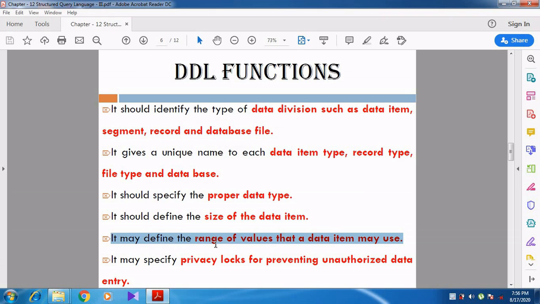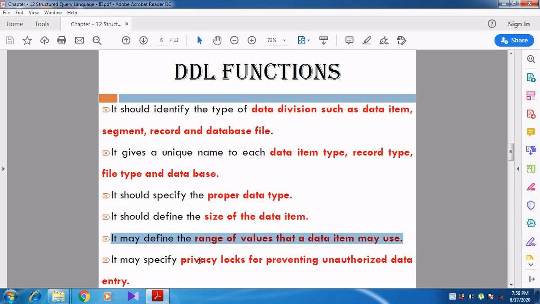The teacher has specified 120, so it should not be accepted. So here we can specify the range of values. What is the minimum value? 0 to 100, and 100 is accepted. So the range of values for each and every relation can be specified.